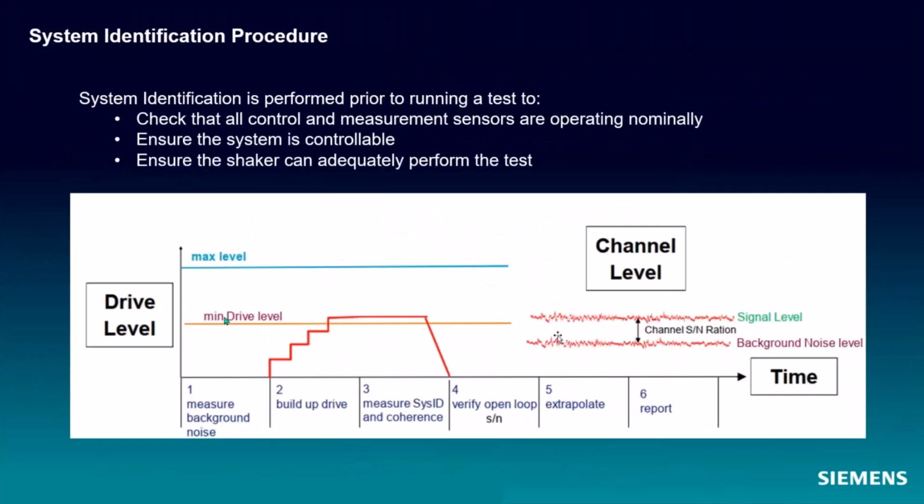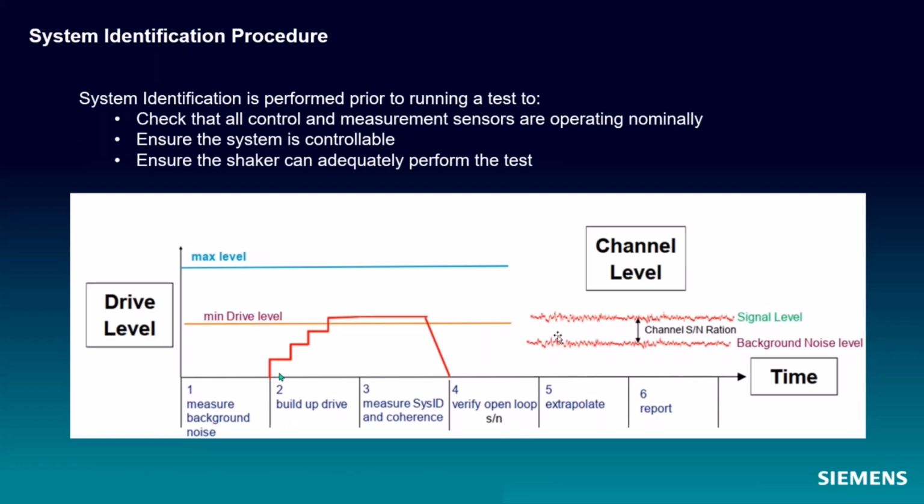So the last thing is to talk about the actual procedure for system identification. Then we're going to go in and run system identification, and we will see what our predicted drive voltage is going to be. So the process for system identification is when you hit start, it arms the system and then measures the background noise without any excitation. That background noise is a very important measurement. We'll talk about that when we do it.